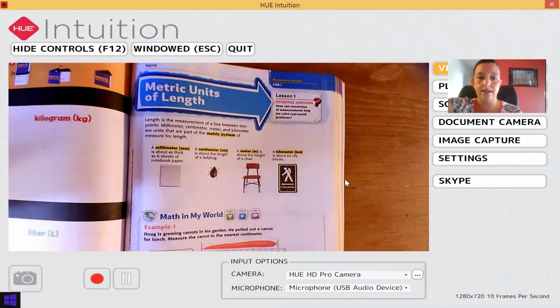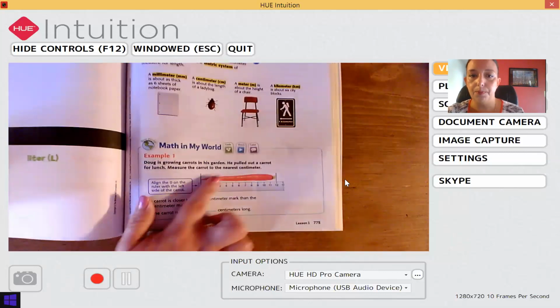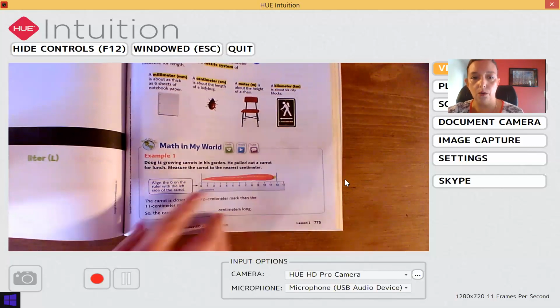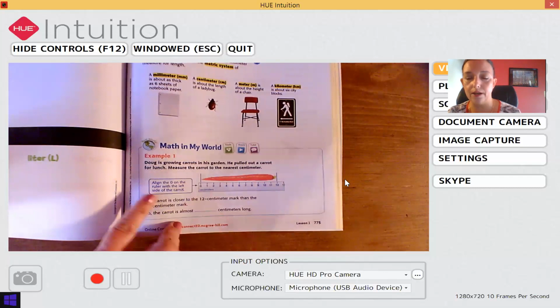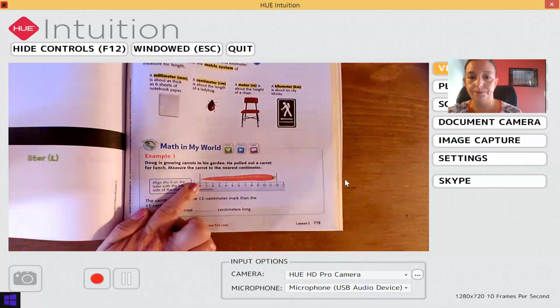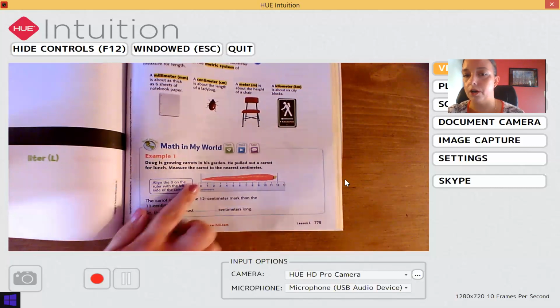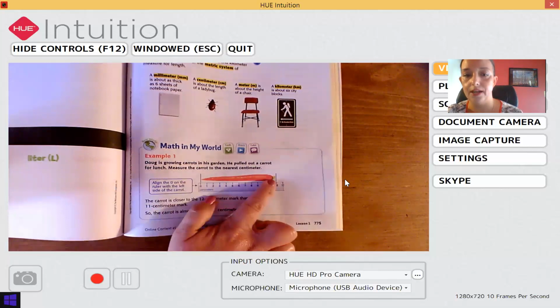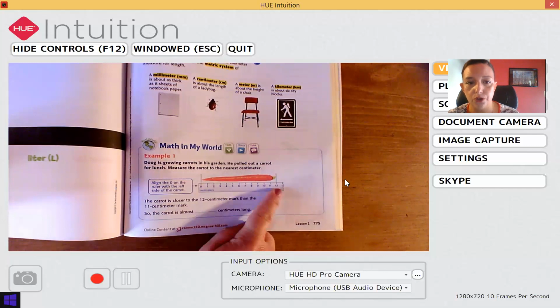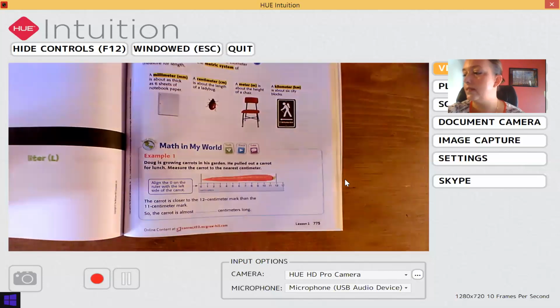All right, so let's take a look at example number 1, Math in My World. It says, Doug is growing carrots in his garden. He pulled out a carrot for lunch. Measure the carrot to the nearest centimeter. So first, you're going to align the ruler with a 0 on it on one tip of the carrot, okay? And then you measure to where the carrot ends on the other side, and you see that it ends in between the 11 and the 12, but it's closer to the 12,